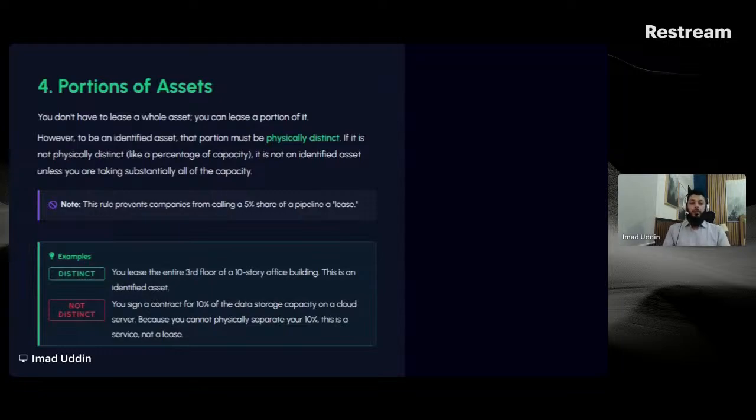Now, what happens when you lease out certain portions of assets, just like we talked about a particular engine of a particular vehicle or an airplane? So, technically, you do not have to lease a whole asset for it to be an identified asset. You can lease a portion of it. However, to be an identified asset, that portion must be physically distinct. Now, this is a very critical criterion here. If it's not physically distinct, like a percentage of capacity, it is not an identified asset unless you are taking substantially all that capacity. So when we're talking